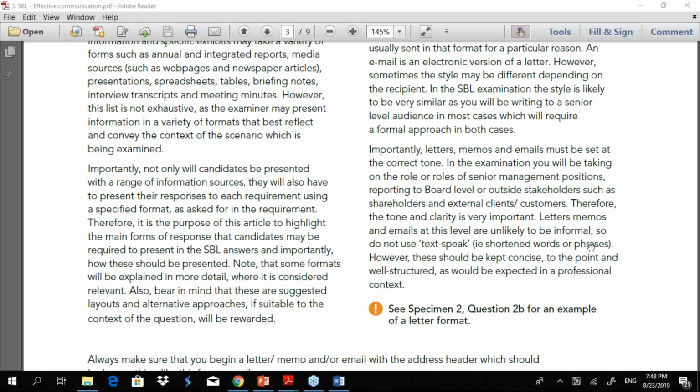Of course, you can use NPV, IRR, things like that, but not the way you text. When you text your friend, you cannot do that in an exam. However, these should be kept concise, to the point, and well structured, as would be expected in a professional context, right? So within an office environment, we are always professional.